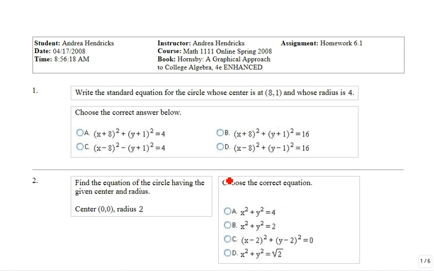Let's take a look at some of the homework problems from section 6.1. I've just copied the whole assignment from my math lab and I'm going to work through these problems. There's not that many. If you go through some problems in the book and you have questions, don't hesitate to